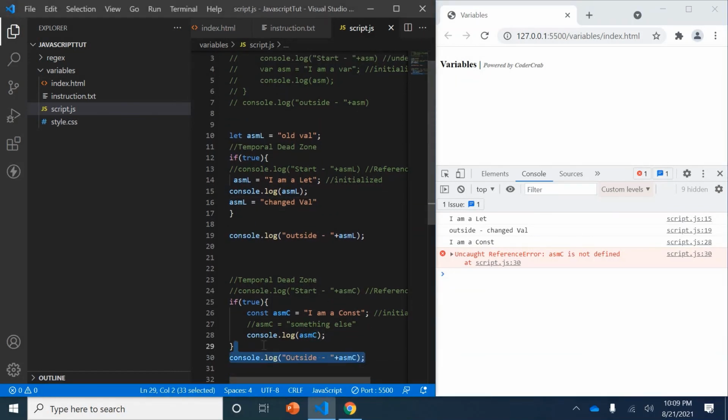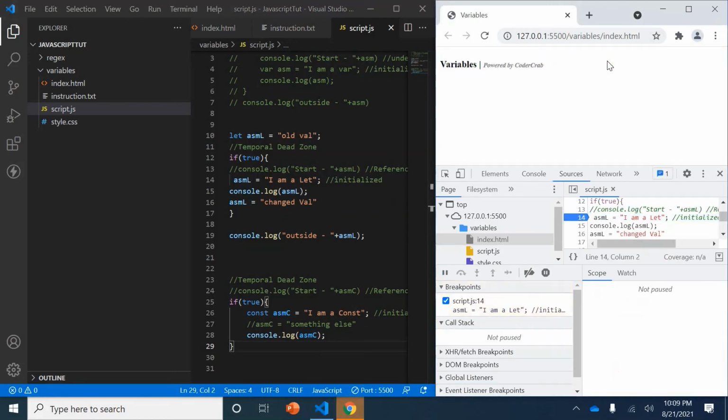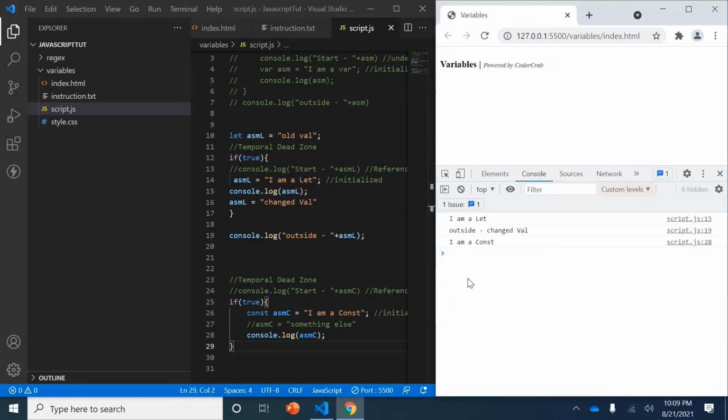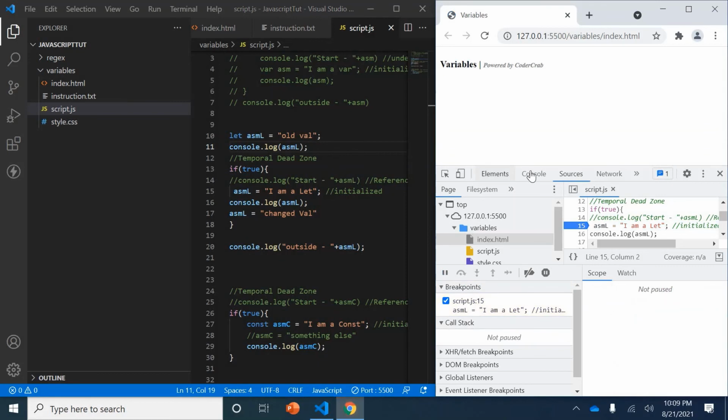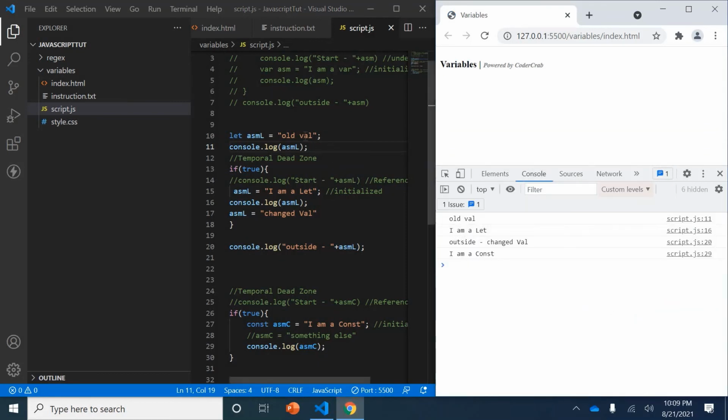This error is coming from there, don't get confused. Let's leave it. Here these two lines, I am a let. If you put one more console log here, we can see them all. Initially it was old val, then I am let. Then outside here it says changed val. This value came. So this is the difference.